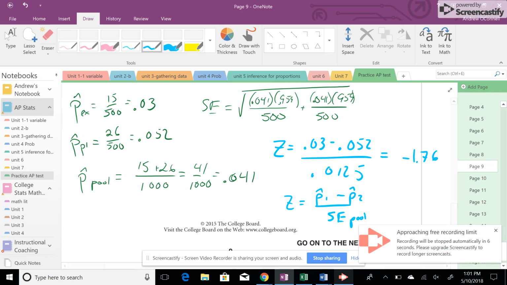Now remember, this is a 1-sided test. This is close to 2. We're going to really have to find a p-value to determine